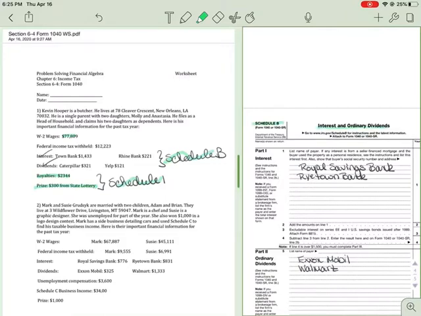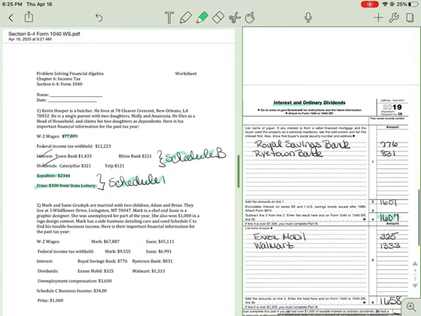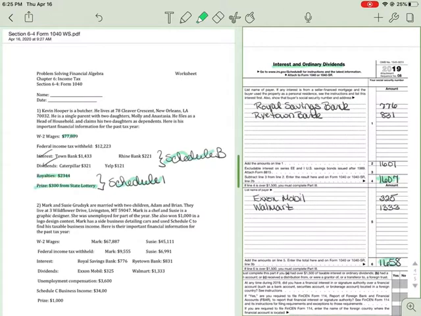Interest, dividends, stocks, bonds, things like that go on this particular form. The whole point of the form is to organize your information so that you can get this total and this total and transfer it from this form to the 1040 form. If we were doing a paper copy, we have to attach this to our form to send to the IRS,